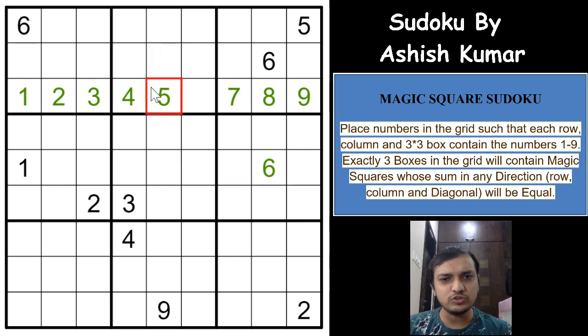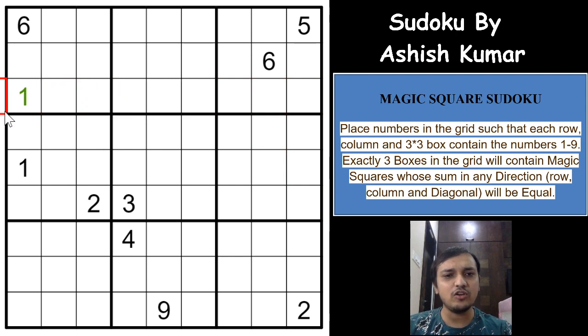Whatever digit you use except 5, you won't get the 4 combinations that are required to get the equal sum, right? Which means that a 5 will always have to be in the middle if it is a magic square and if the numbers are from 1 to 9, right? So we have revealed one fact about a magic square. Now let us see a few more facts about the magic square Sudoku.